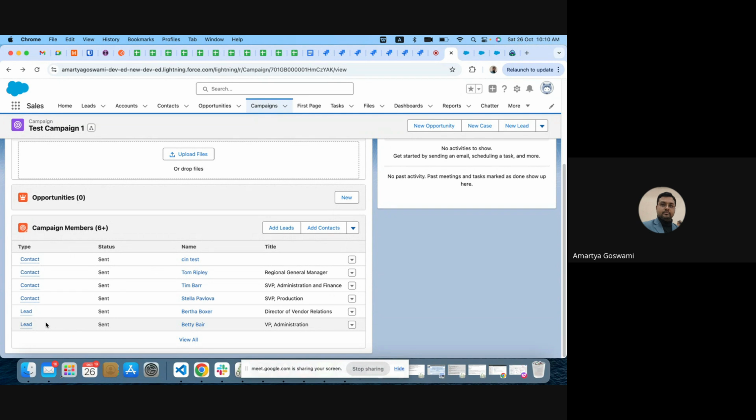Now from here I can understand what kind of investment I have made, and what revenue I have got from here. Okay, if we go to opportunity,